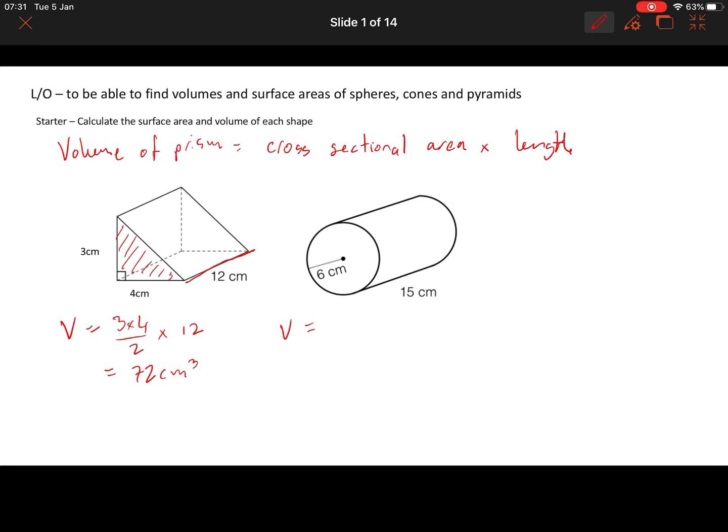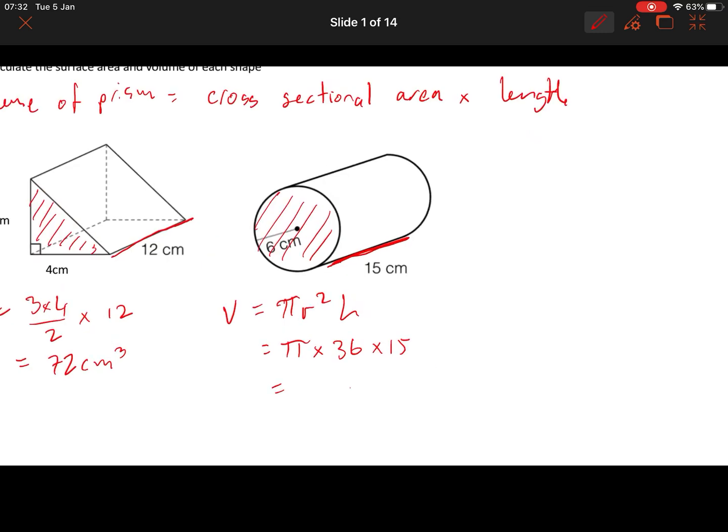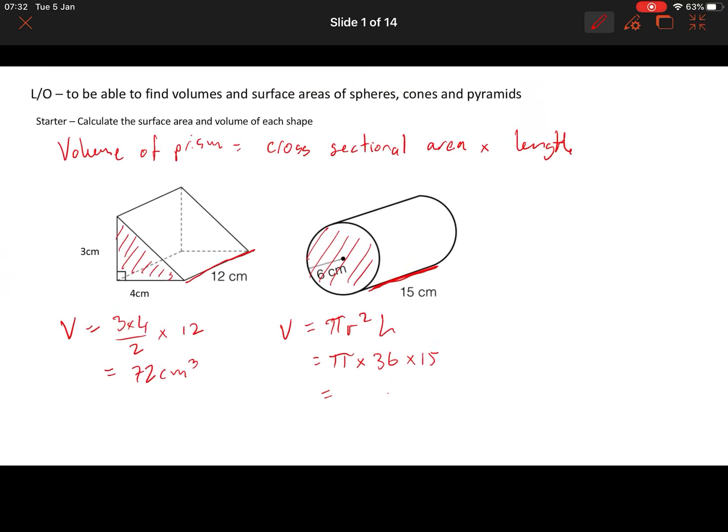Okay, so the volume of the cylinder is the cross-sectional area, which in this case is circular, so that's pi r squared, times the height or the length or whatever you're going to call it. So it's pi times 36, because 6 squared is 36, times 15. Just use a calculator now. 36 times 15 equals 540, so that's